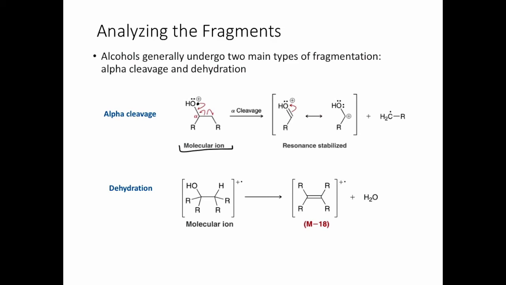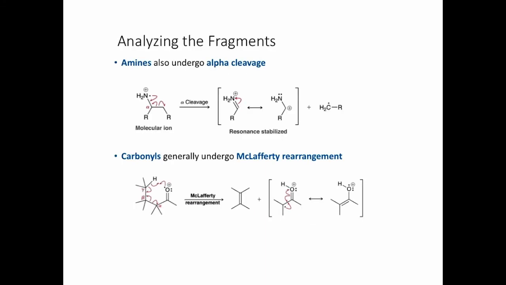So in the alpha cleavage, that one electron will pair up with an electron from the adjacent sigma bond, which will also cleave, and that gives you this resonance stabilized carbocation and a neutral radical species. In addition, you can lose a molecule of water, H2O, which is why this is called dehydration, to give an alkene product. Amines also undergo alpha cleavage in the same way that alcohols did, and carbonyls undergo something called the